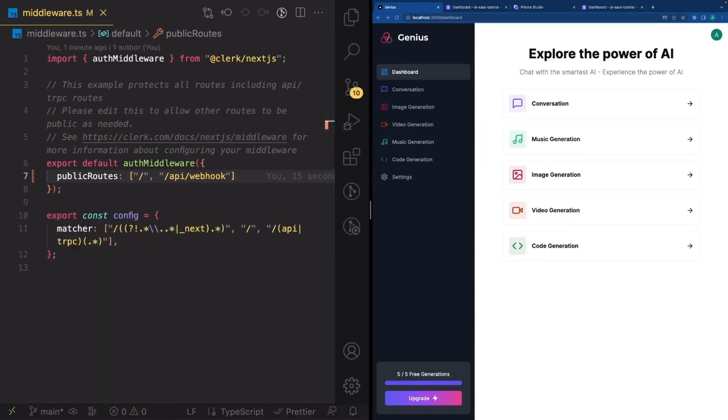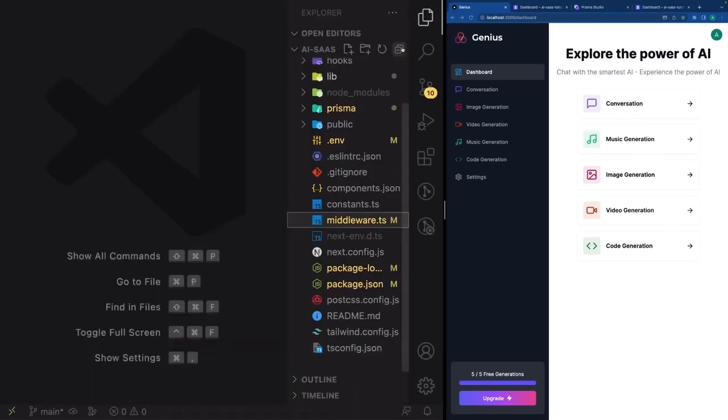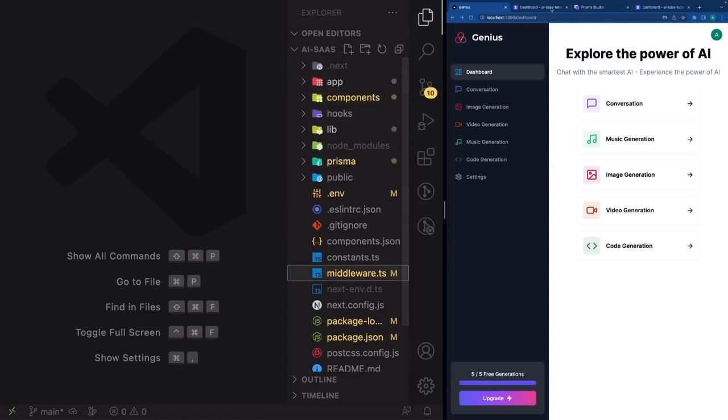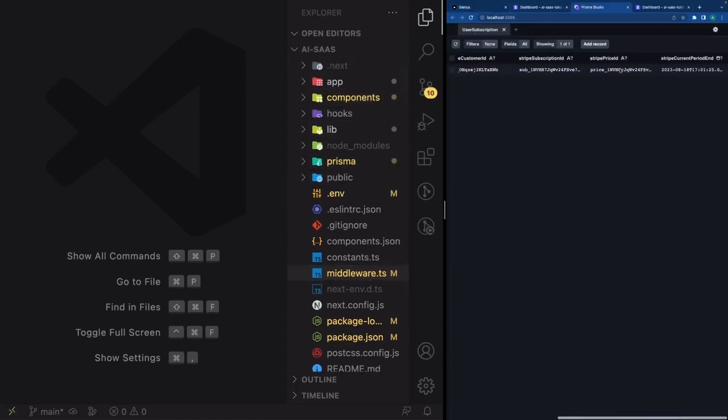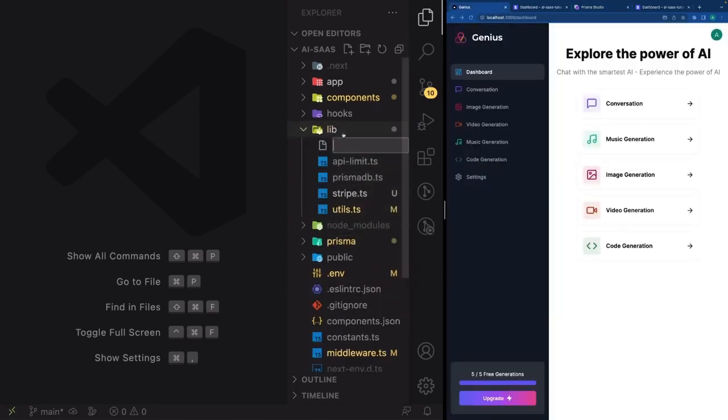But before we do that, let's create a useful util to check if our currently logged in user is subscribed or not. So we can't just check whether it has a subscription in the database. We also have to confirm that it has not expired, right? So we're going to create a util for that. Go inside your lib and create a new file called